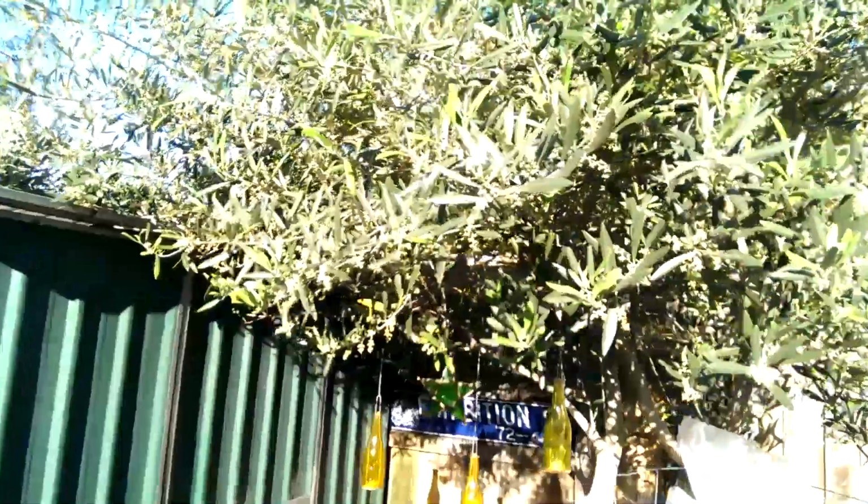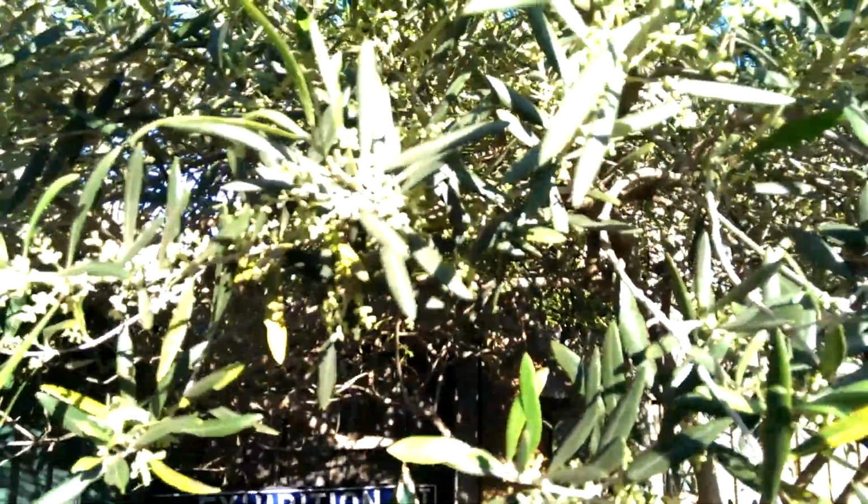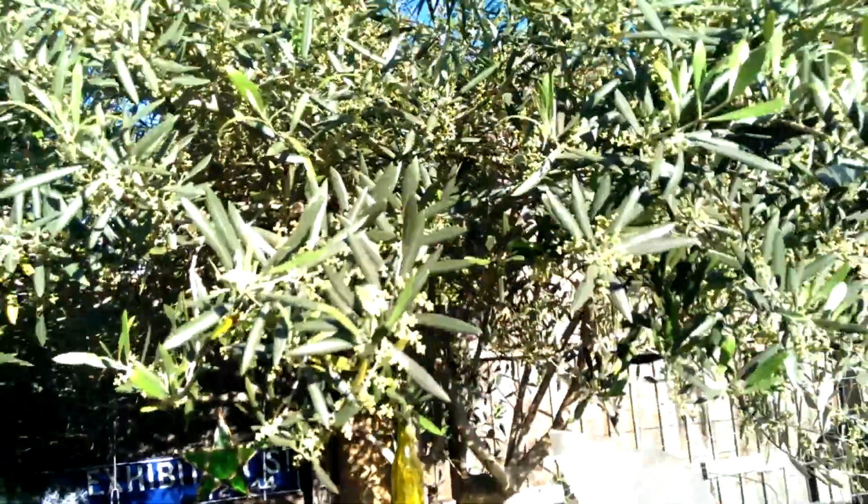And finally the olive tree. The flowers are getting bigger. Yeah, they're getting close to opening. And I am surprised how many flowers. It must be because of all the rain we had through winter and early spring, or even now, I guess. So yeah,